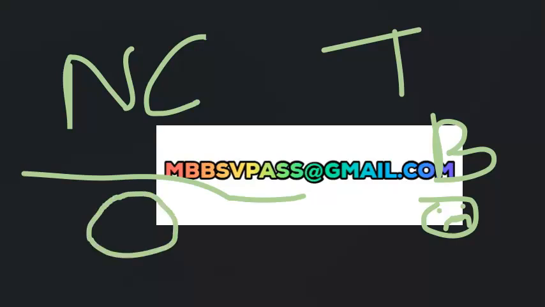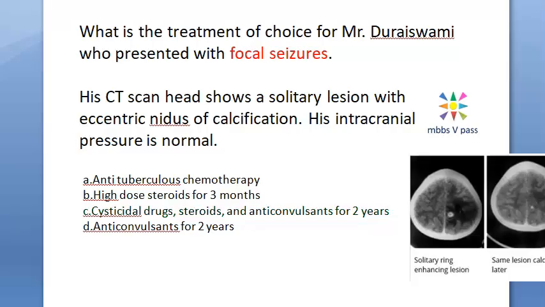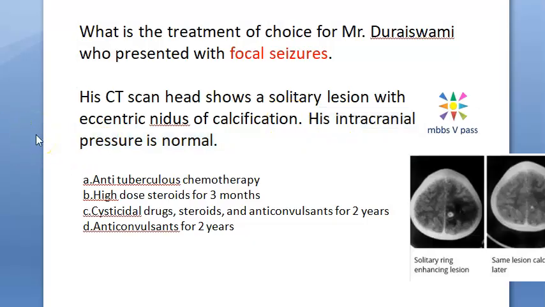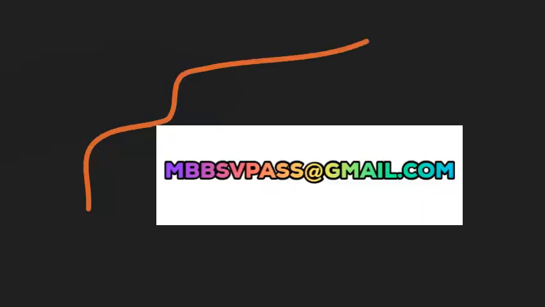Okay. So in this they have not mentioned anything. They have just said there are seizures, right? Another thing that you have to note here is that the intracranial pressure is normal. Okay. So it is a solitary granuloma. So definitely the intracranial pressure is normal, but in tuberculoma, it can be raised. Okay. So here we will go with neurocysticercosis, guys. So it is caused by what? Worms, right? So you have a parasitic worm here.